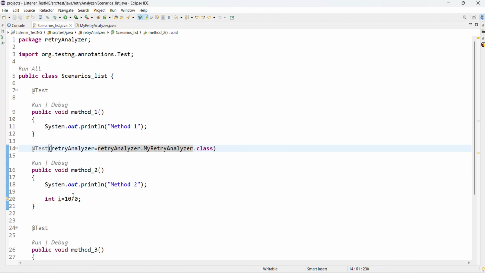If we give it for other methods also and they fail, they will also be retried.